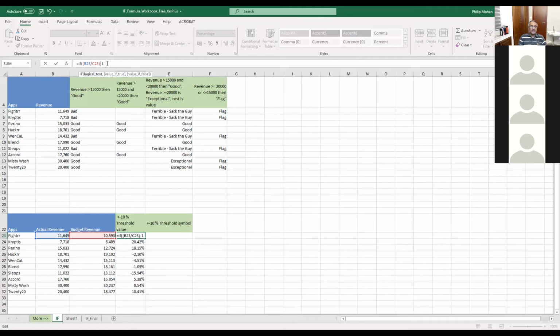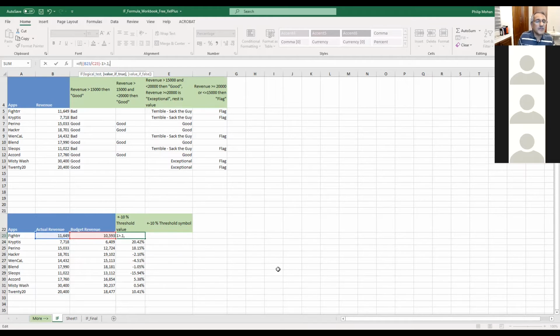So if that value is greater than, sorry, is greater than, 10% is basically 0.1, okay? I would say 0.1, she's done something different, okay?